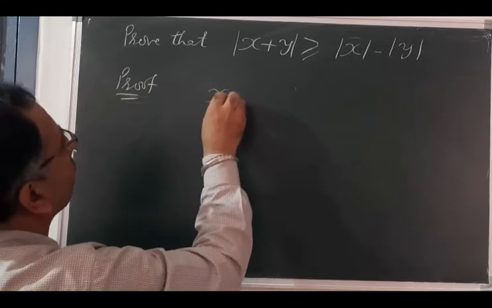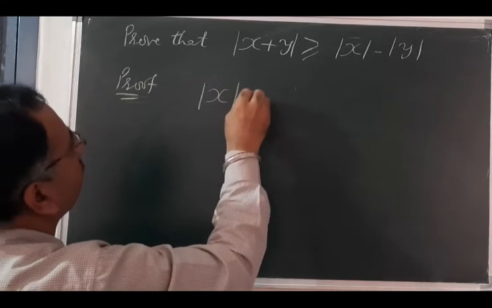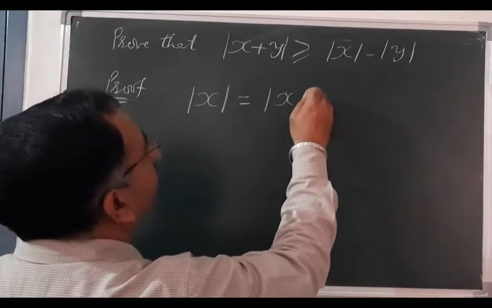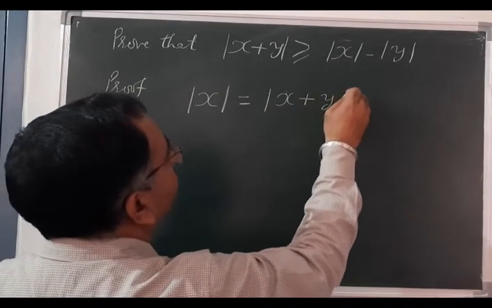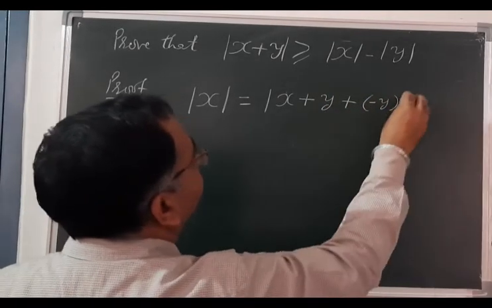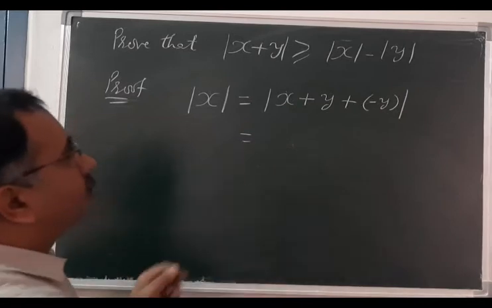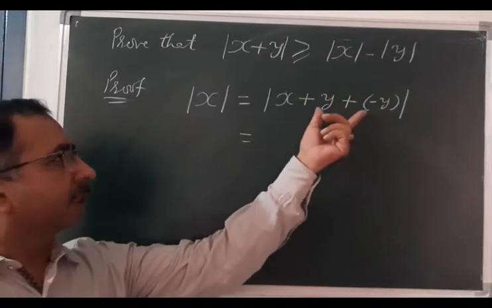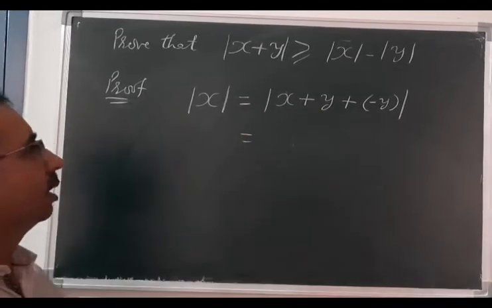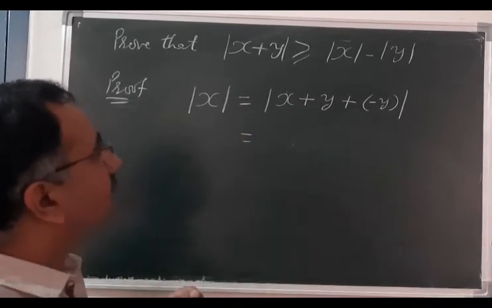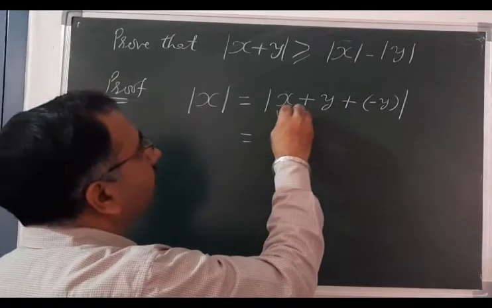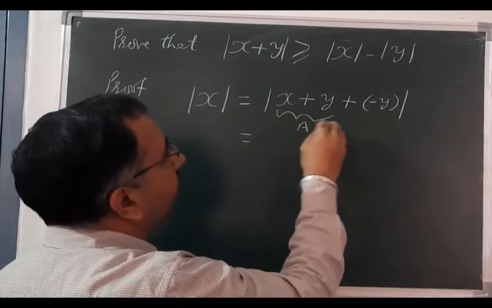So consider mod x as mod x plus y plus its additive inverse. So y plus its additive inverse is additive identity, 0, plus x plus additive identity is the same as x. So this thing is equal to, now use our previous result,